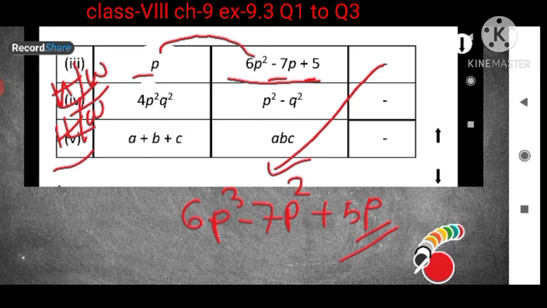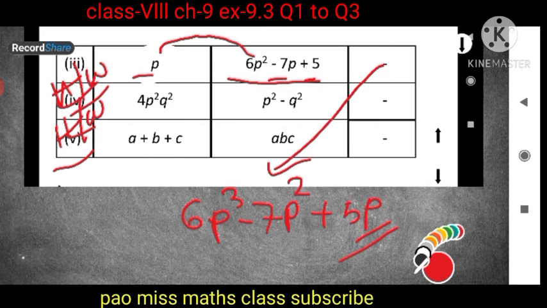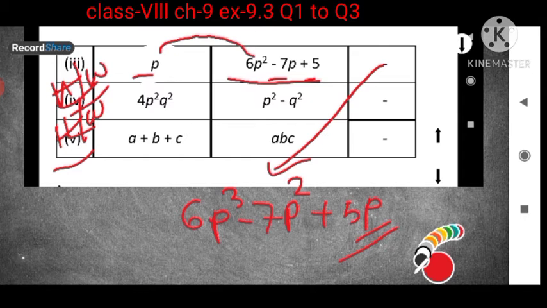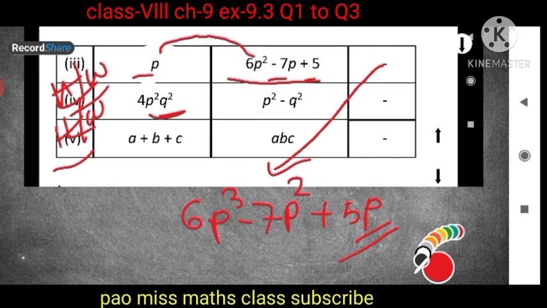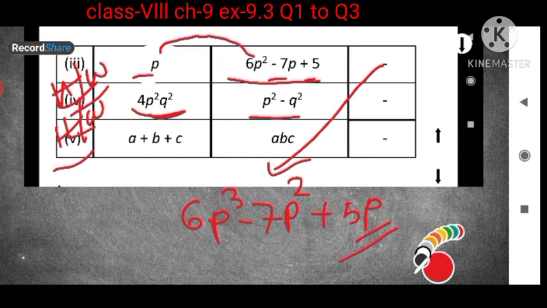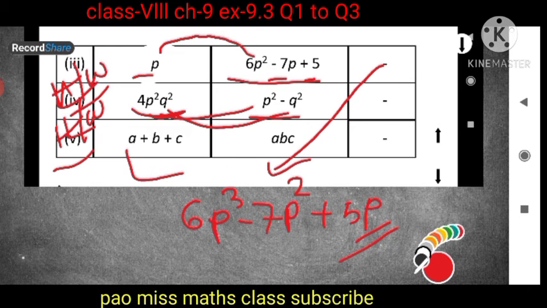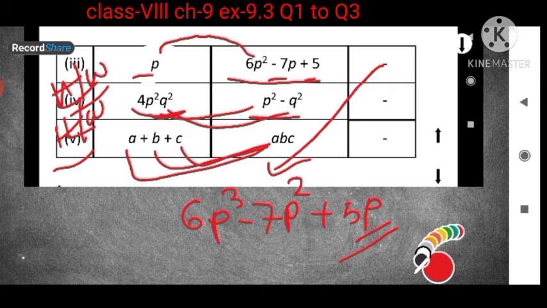So when you multiply any terms, any expression, you will multiply with all the terms, isn't it? All the terms you have to multiply. Now for this also, here is one term and here how many terms are there? 2 terms. So you have to multiply with each term like this. And for here also, with each term you will multiply with the given monomial. Now come to the next question.